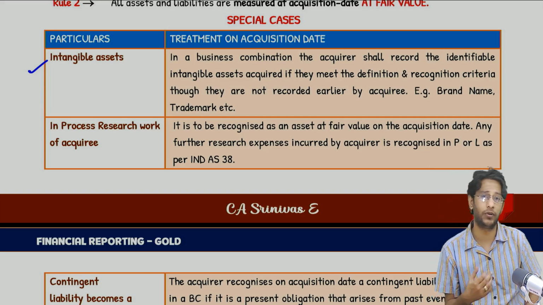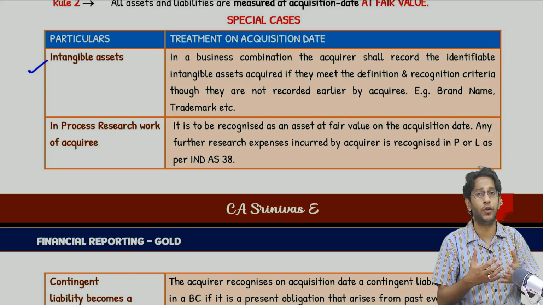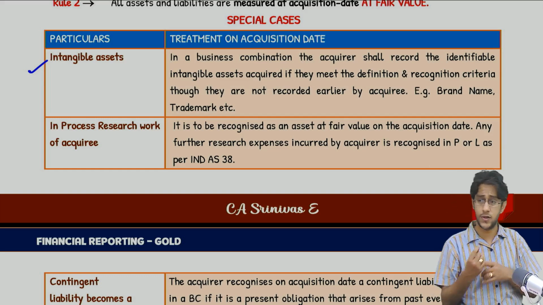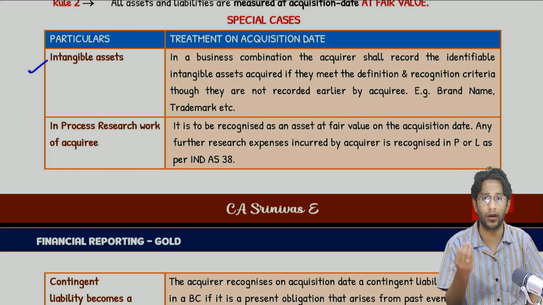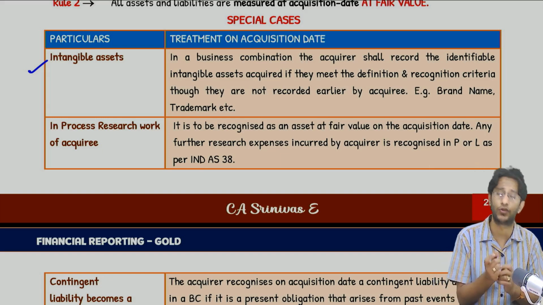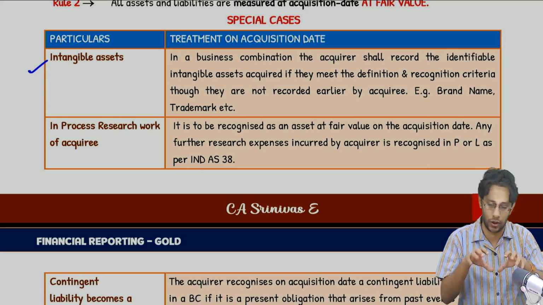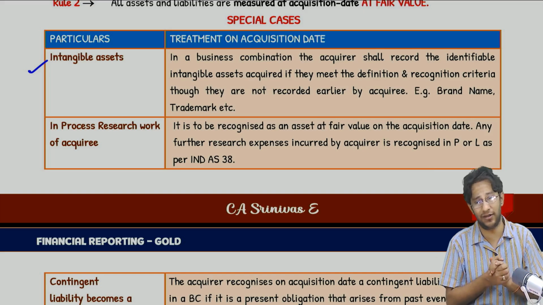So it does not matter whether the selling company has actually recognized such assets in their books or not. It's all about whether you satisfied the recognition criteria or not. In case you have satisfied the recognition criteria of an intangible asset, then definitely you can recognize the intangible asset at fair value. It does not matter whether such assets are appearing in the books of the selling company or not. You have taken over, control is obtained, future economic benefits are there, that is enough. You have passed the recognition criteria.